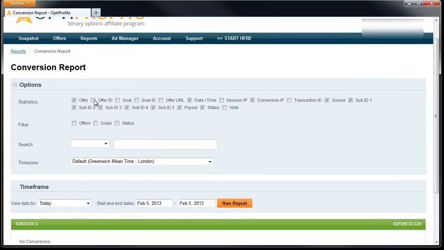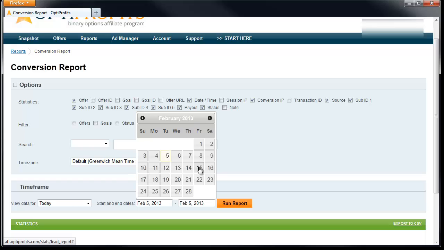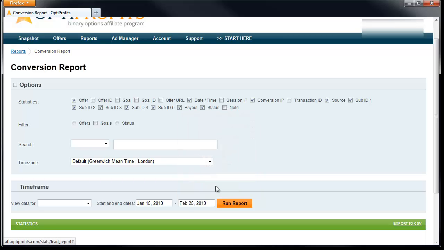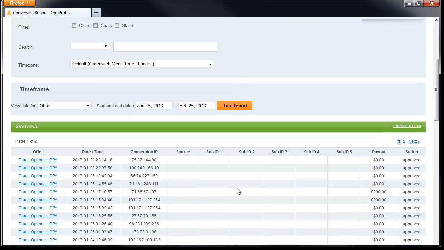Here you have different options to choose from. Let's say we'll use the same dates as we used before, just to make sure it all makes sense. So we run the report,